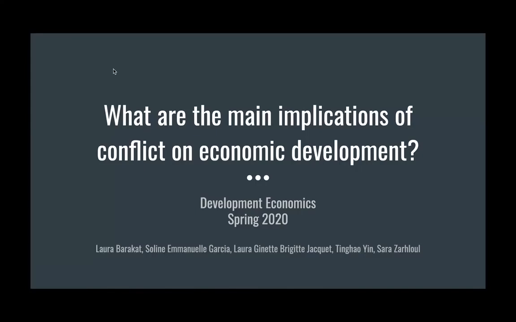Welcome to our presentation about conflict as part of our development economics class. First, let me introduce the key purpose of our project, which is to understand the main implication of conflict on